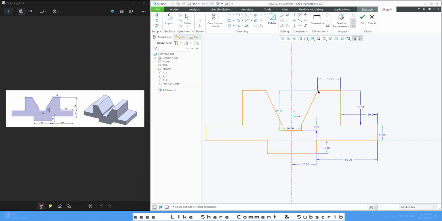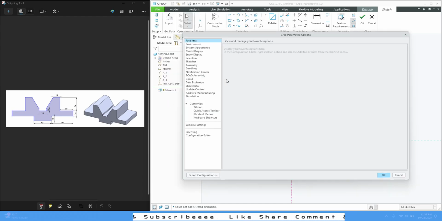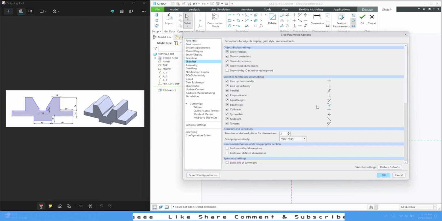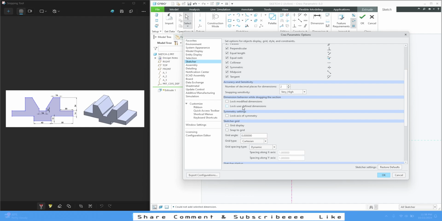So this is not fixed, as you can see. If you take any of the points, you can see all the dimensions are changing if you are dragging your mouse. Now to fix that, you have to go to files, options, and sketcher, go to here and say lock user defined dimension,